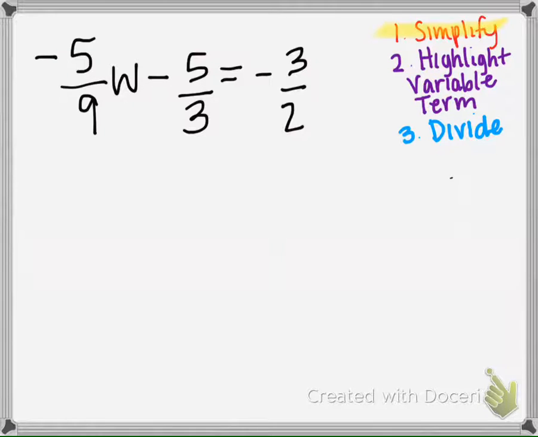First step is we need to simplify, but there's nothing we can simplify. There's no like terms, and we don't have any distributive property on the same side. So we're going to skip step 1. Now, we can continue this problem